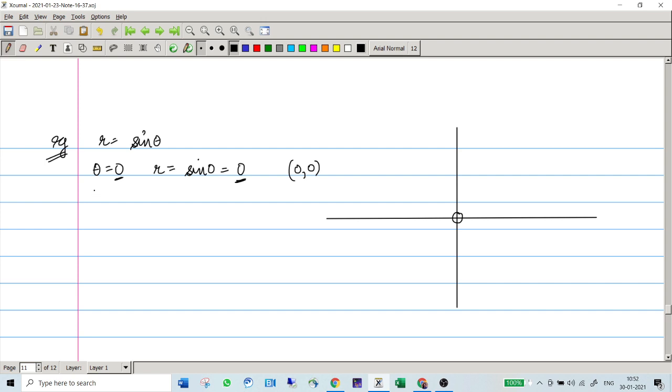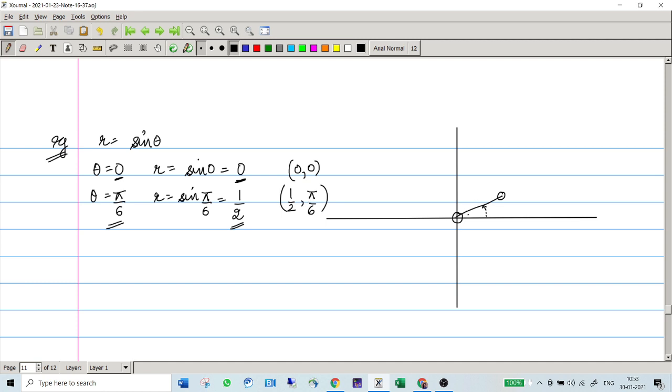Next up, let's say theta is pi by 6, because that's the first thing for which we can calculate the sine quite easily. So r will be sine pi by 6 and the value becomes 1/2. So your (r, theta) happens to be (1/2, pi/6). You know how to plot the point as we have discussed before. You'll measure pi by 6 from the x-axis and travel how many units from the origin? Half a unit, so 1 by 2 will be traveled here. So this is our point (r, theta), which is (1/2, pi/6), right?